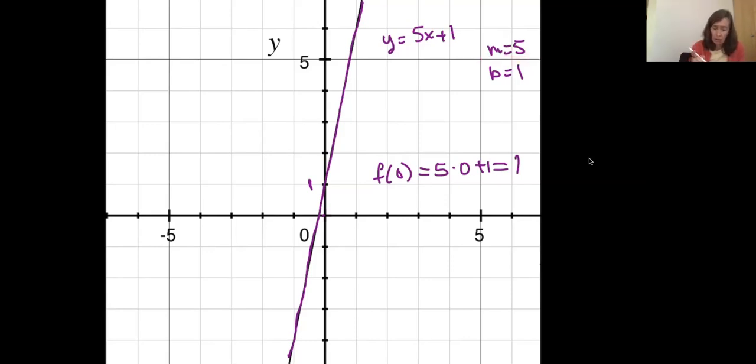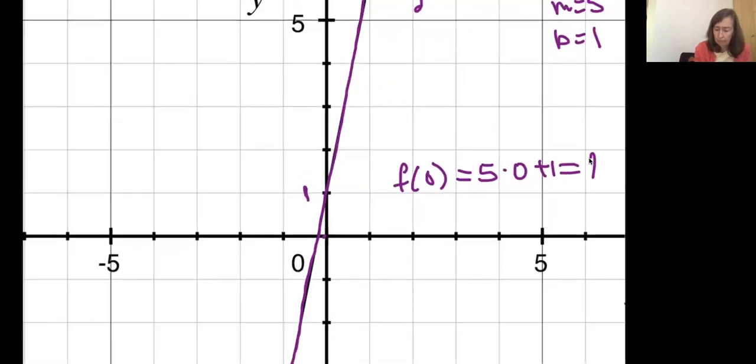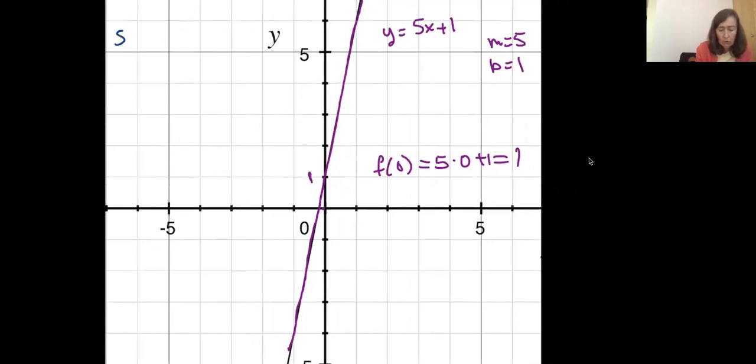Things about slope. I'll use my definition color for today. Definitions are in blue. Slope, you might have learned a phrase that slope is rise over run. That's one way to think about it. You might have thought about it as the change in y over the change in x. And really,